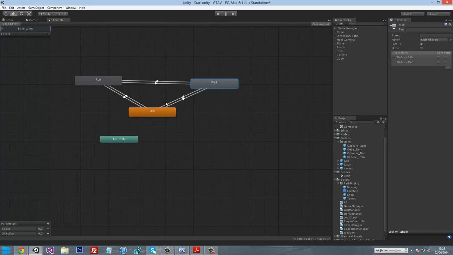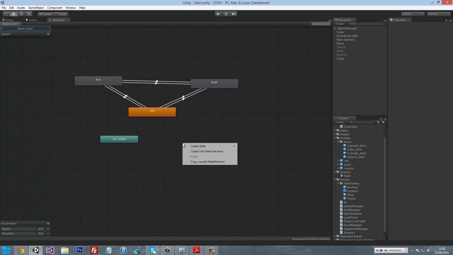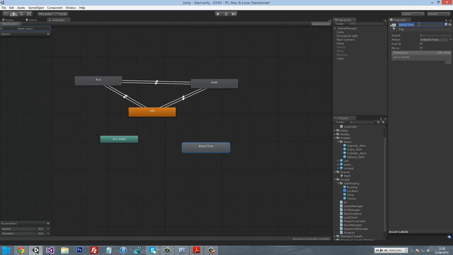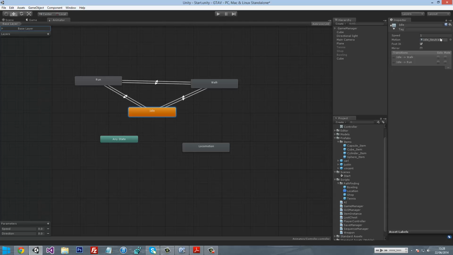Okay. What we can do is go create state from new blend tree, and then I just name it Locomotion,